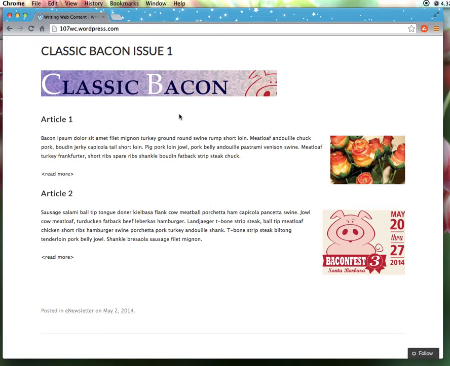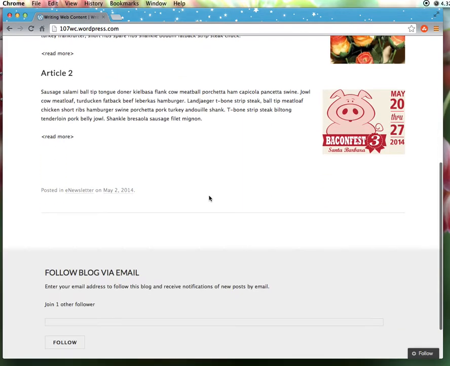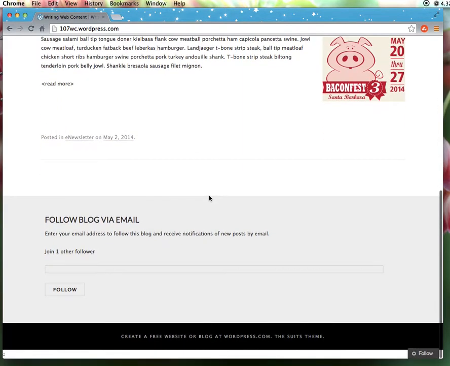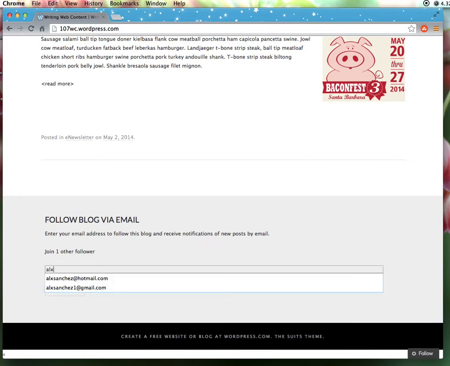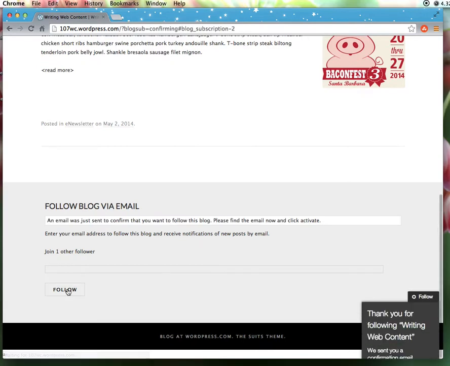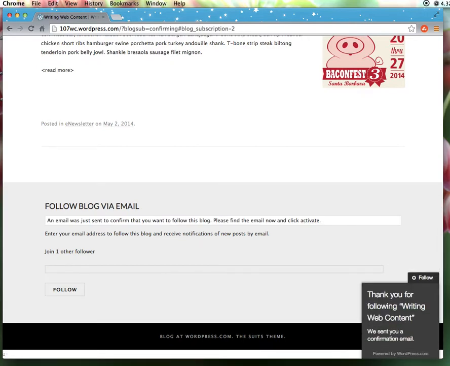To follow, if you're using Chrome, it will give you this little follow button. But if you're using some other browser, you would scroll down, and because of the widget that you brought over, you will see following blog via email. At this point, you type in your email address. The user, your followers, would type their email address, click follow, and the result is that you would actually get an email